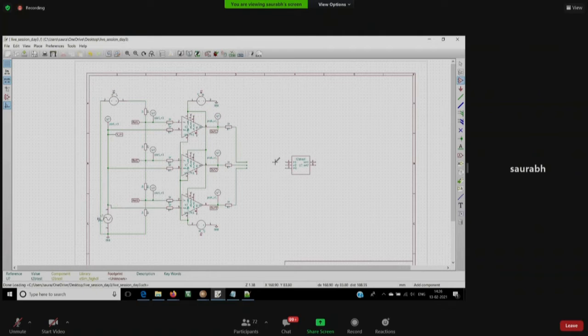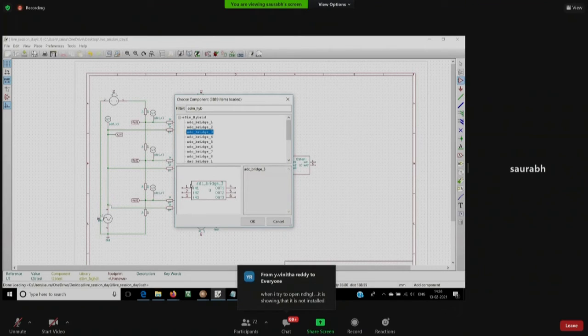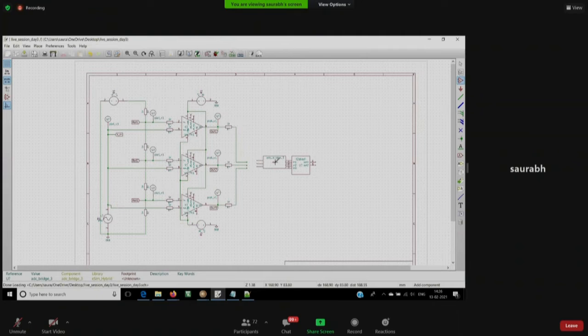So what we do is we place another component, which you can find in the eSim hybrid library. We have this eSim hybrid library here, as you can see. From there, we will select an analog to digital bridge, ADC underscore bridge underscore 3, which has 3 inputs and 3 outputs. It expects analog inputs on one side and will produce digital outputs on the other side. So I select OK. I take this and I will zoom in a little bit so you can see better.